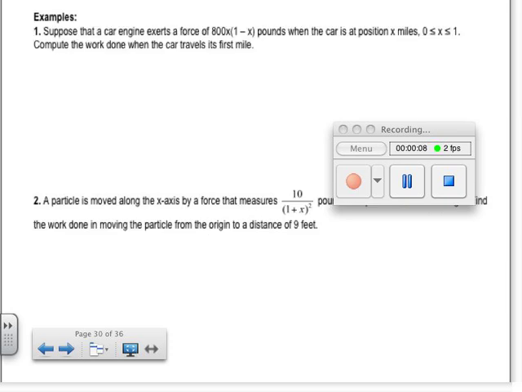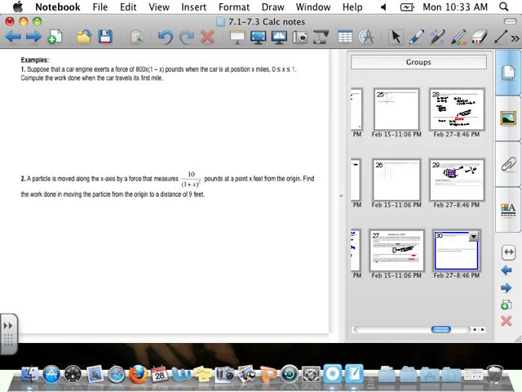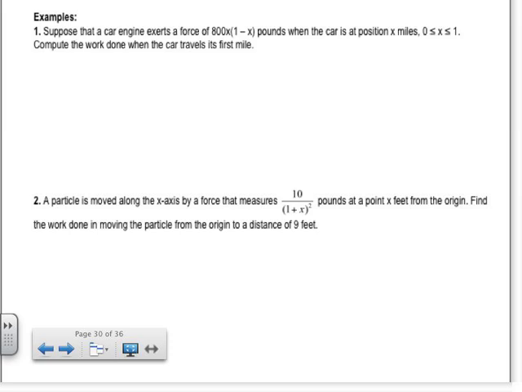Okay, so number 1 says, suppose a car engine exerts a force of 800x times 1 minus x pounds when the car is at position x miles. So kind of a weird equation, but all right, compute the work done when the car travels its first mile. All right, so if I am graphing this, this would be my y value, and then I'm going from x equals 0 to 1. So I'm finding the area under the curve. So my work is